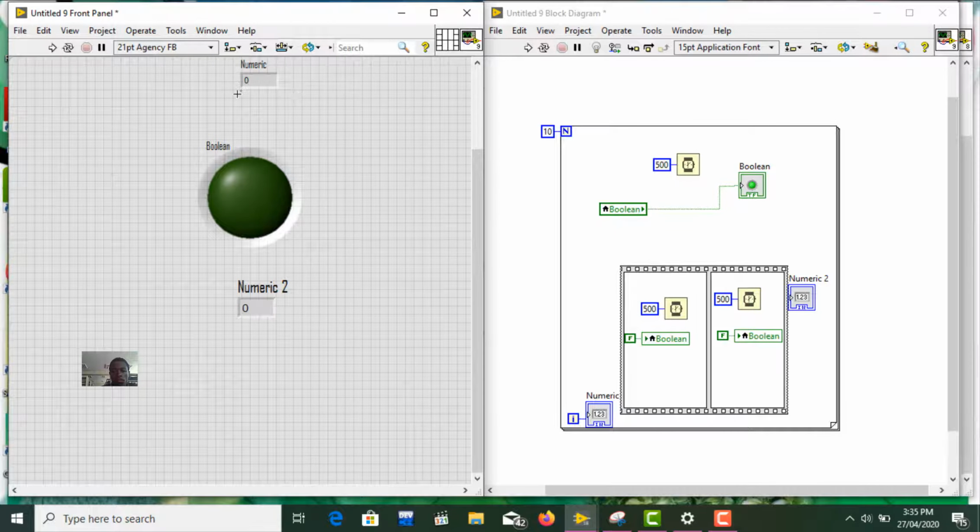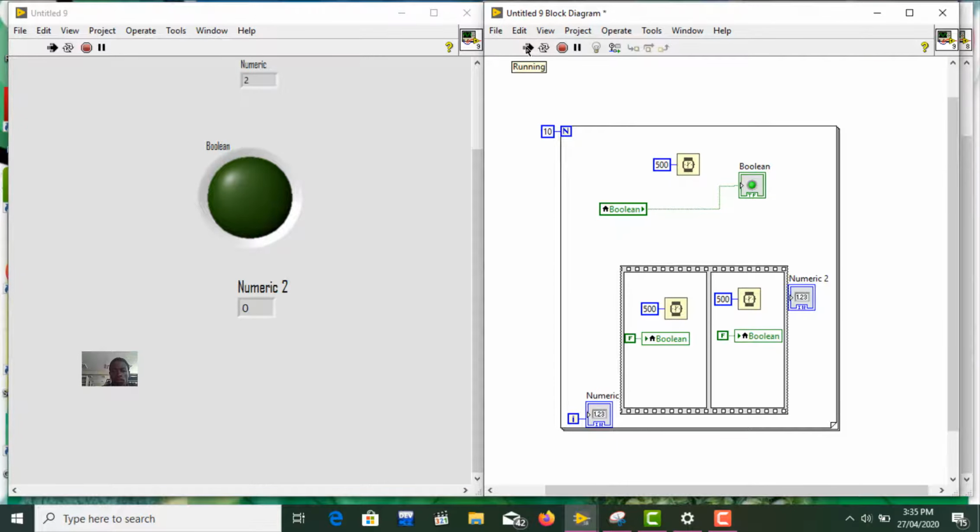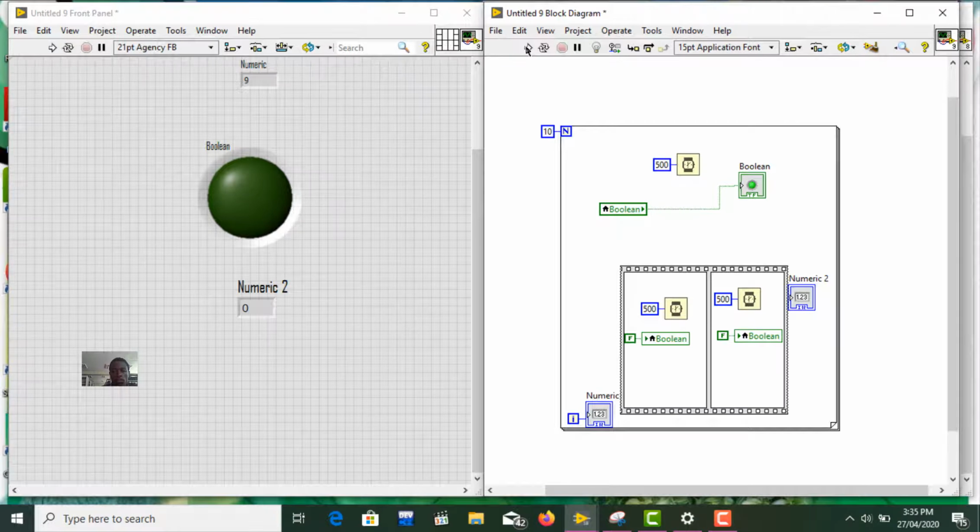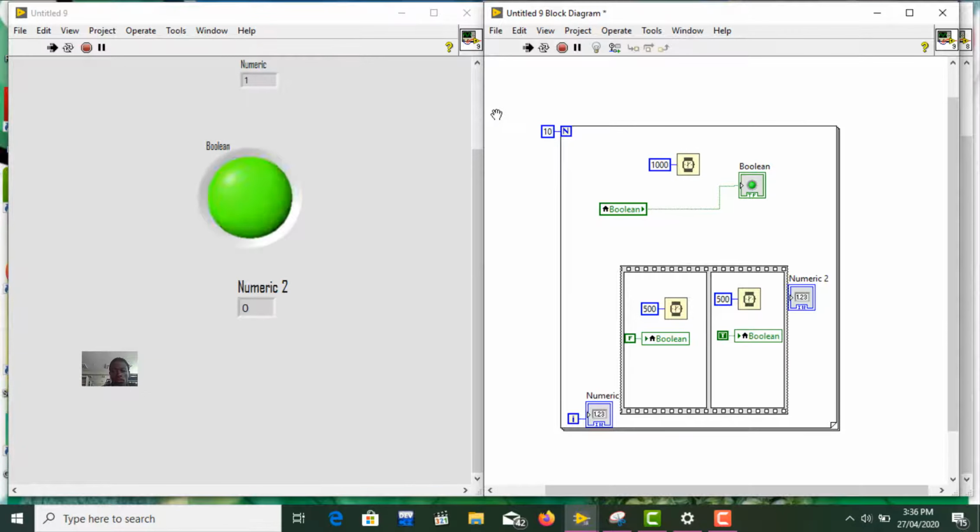If we try to run this, it doesn't work. Okay, I did 10 times. Why? Yeah, it is still false. Let us assume that here is true, false, true, and then increase the timing of iteration, like 1 second between iterations, 1000 milliseconds. And if you try to run, you will find that